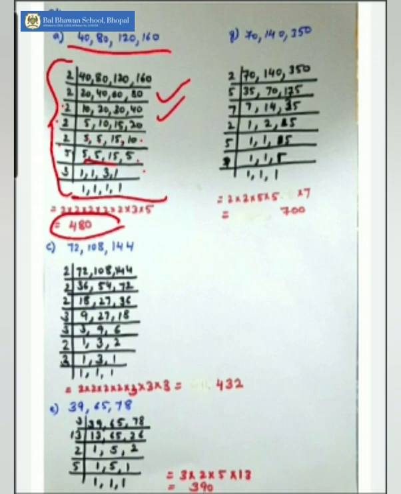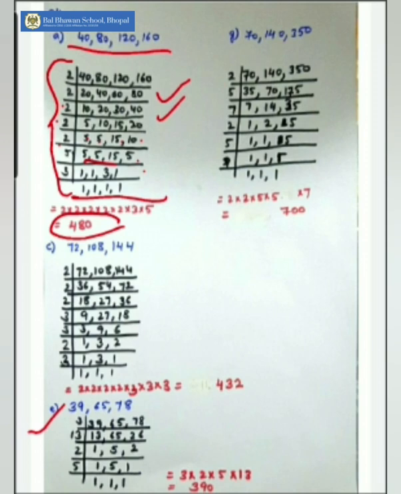So what we have observed over here in the common division method, children, while finding out the LCM, you can copy down the number which is not divisible by a particular number as it is. And the numbers which are divisible, you can solve them. Later on, the number which needs to be divided, we will take that particular divisor and divide it. So let us understand one more question.